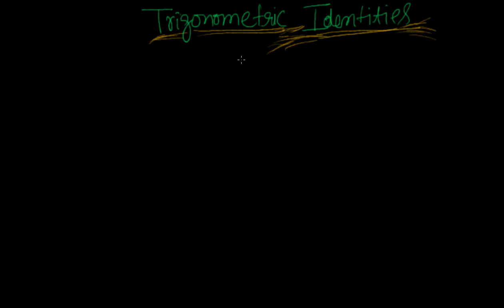In this video, we'll go through trigonometric identities. That means we'll try to find out the relation between sine of an angle, cos of an angle, similarly secant, tan, cosecant and cot. So for that, let's start from where we started this whole journey of trigonometry, that is with the right angle triangle.